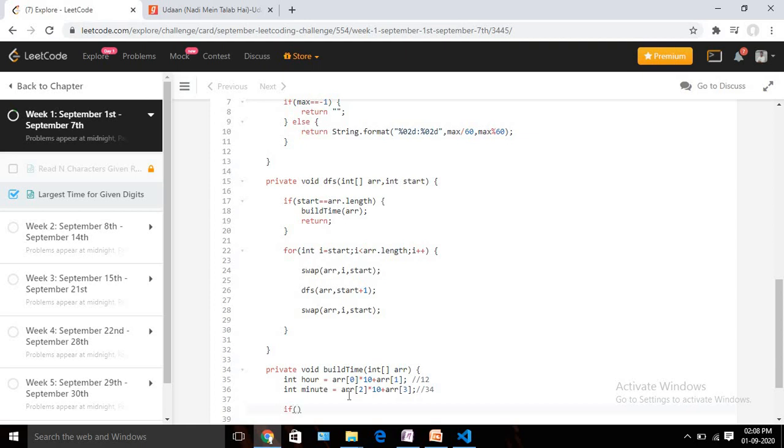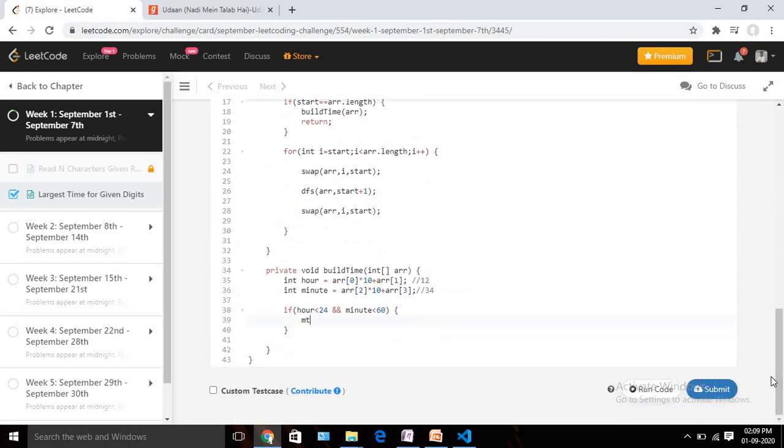Let's check that. So hour should be less than 24 and minute should be less than 60, so we can consider up to 59. If it is valid, then we are going to update our max value.